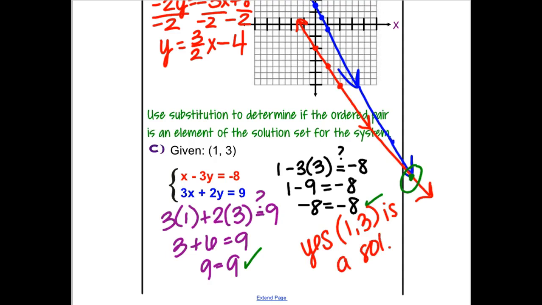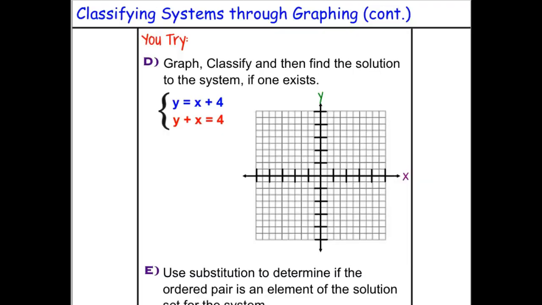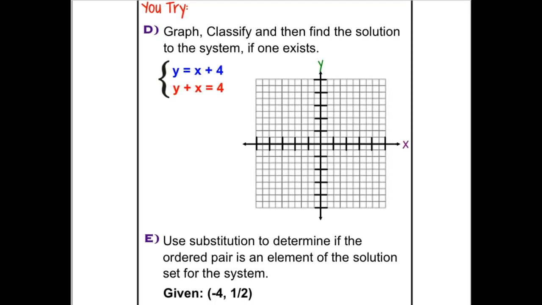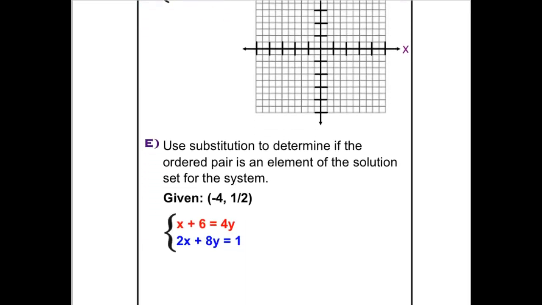So now we're going to go ahead. The first one you have to graph. Please make note they are not the same equation, because the pluses and equal signs are different. Graph them, identify, classify it, and if there's a solution, tell me what it is. Then also, if you have this set of equations and this solution, is it a solution? And as always, make sure you're using ClassMeet if you have any